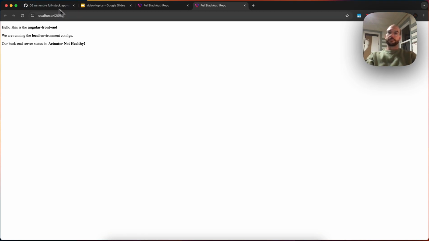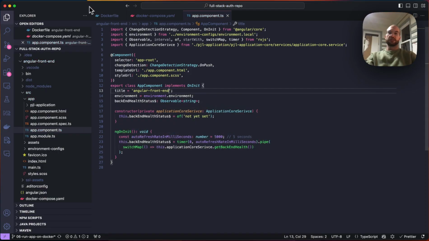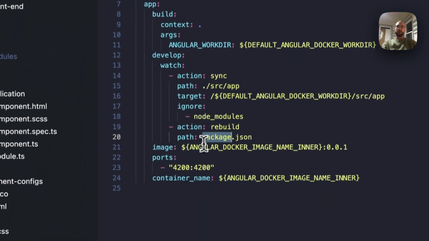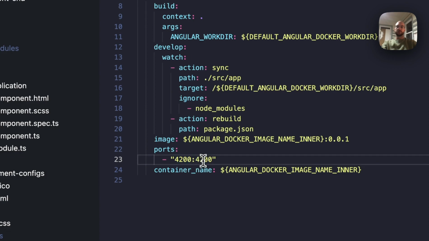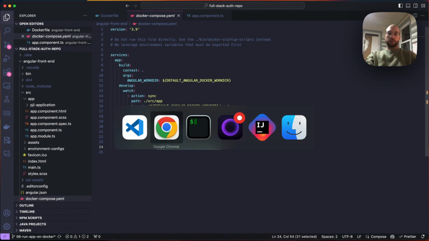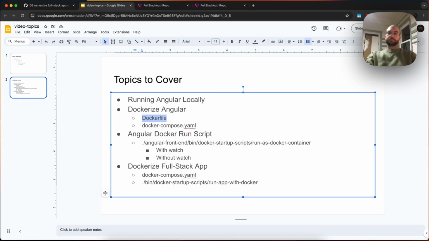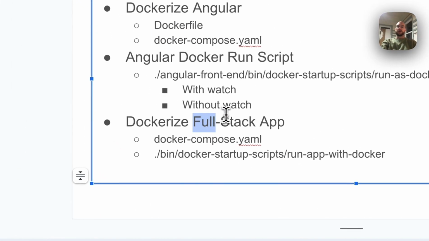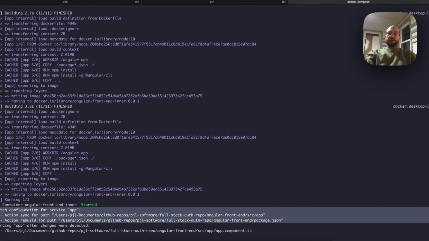That's great. So that's basically the Dockerfile and the Docker Compose file. We map our local 4200 to Docker's 4200, and then we name the container based on variables that we've set higher up in our environment files. So all that is really good. Yep, so we've gone over the run script, we've gone over it with watch and without watch, and then we have Dockerized the full stack application. So all this is great,